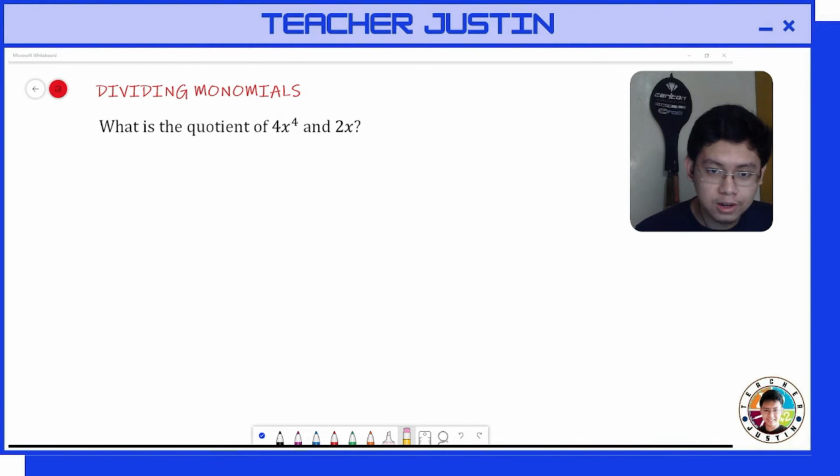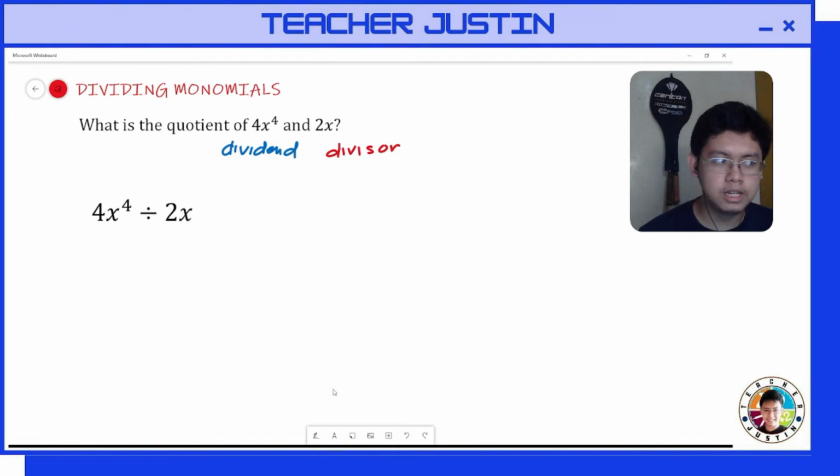So here, 4x raised to 4 will be our dividend. So the first number being mentioned after the word quotient is called the dividend. And the second number being mentioned here is our divisor. Okay, divisor. So when we translate this, it will be written in this form, which is 4x raised to